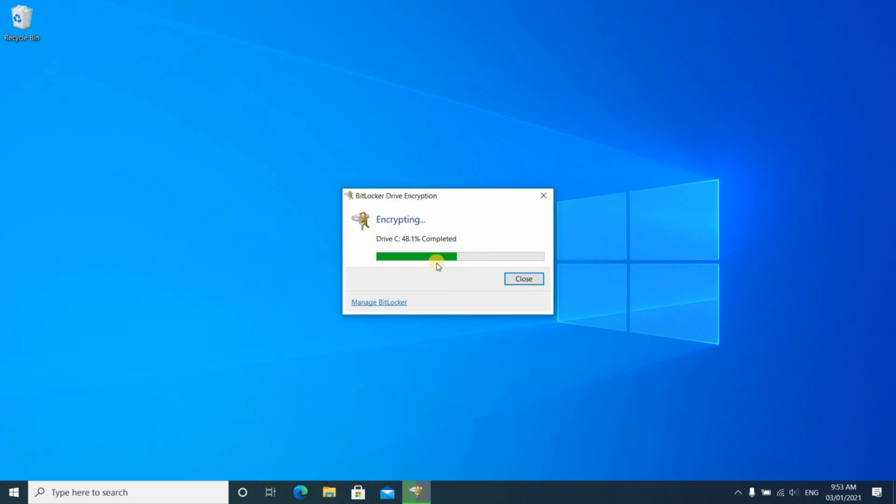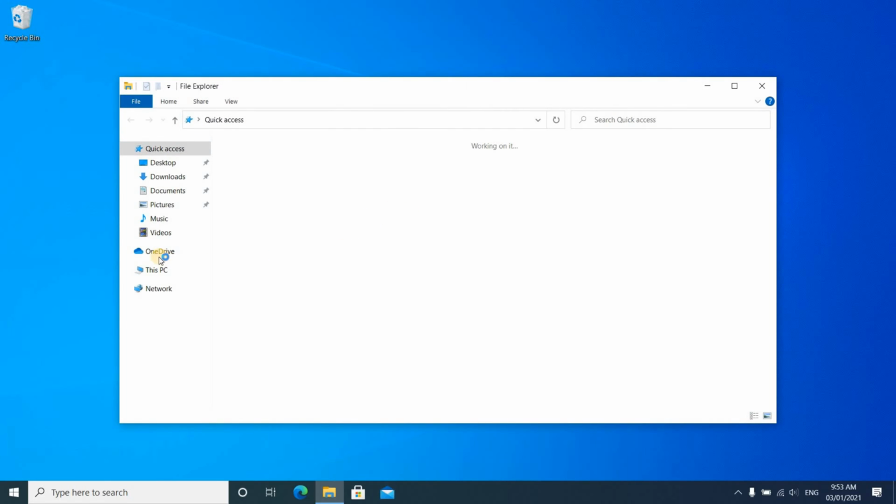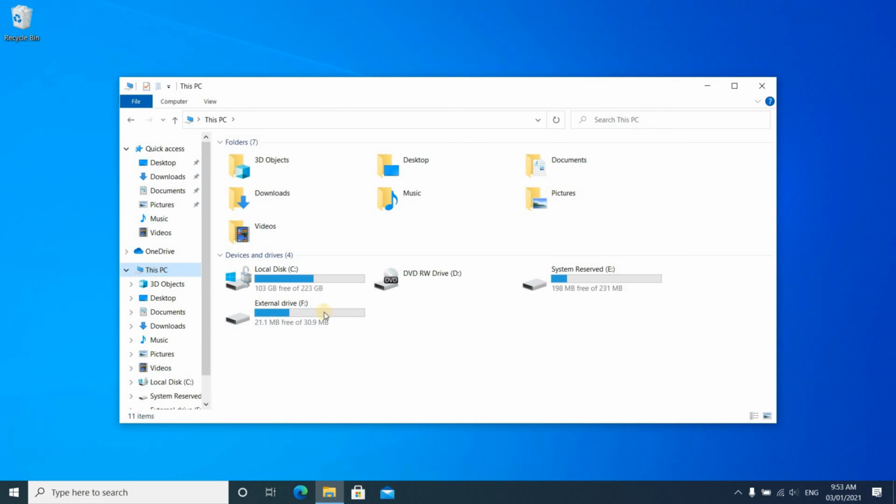Now how much the encryption will take depends on the speed of your hard drive and on the speed of your PC and on the volume of data you have on your hard drive. Nevertheless, you can use your PC normally. It will be just a little bit slower, and even if you shut it down or restart it, or even if it lost power and it shut down not gracefully, it will not corrupt the drive. And this is a very good thing about BitLocker.